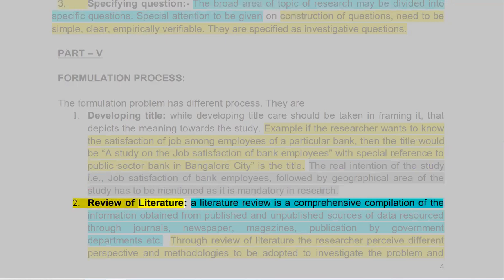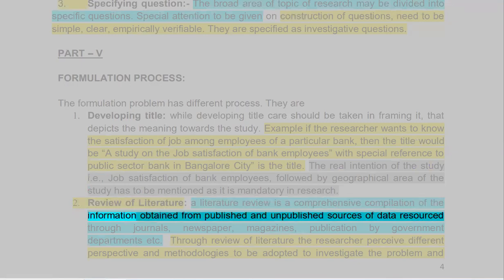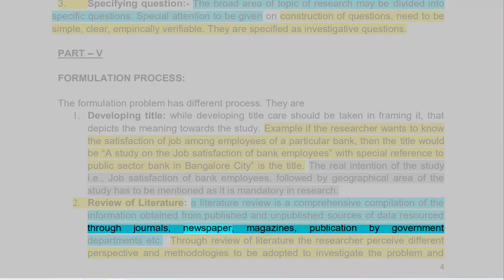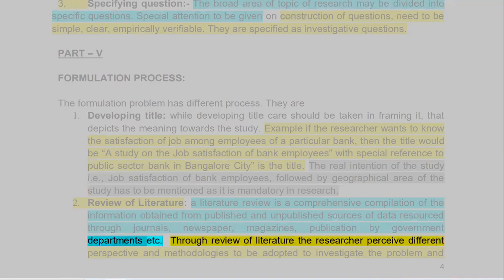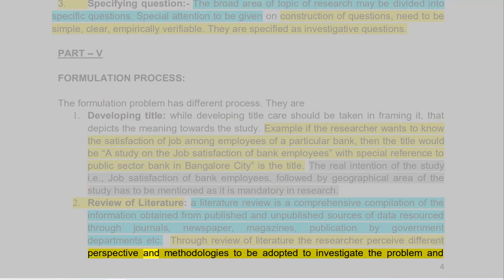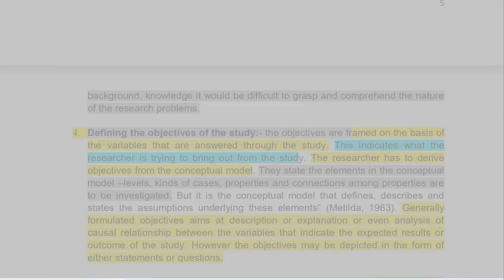2. Review of literature. A literature review is a comprehensive compilation of the information obtained from published and unpublished sources of data, resourced through journals, newspapers, magazines, publications by government departments, etc. Through the review of literature, the researcher perceives different perspectives and methodologies to be adopted to investigate the problem and